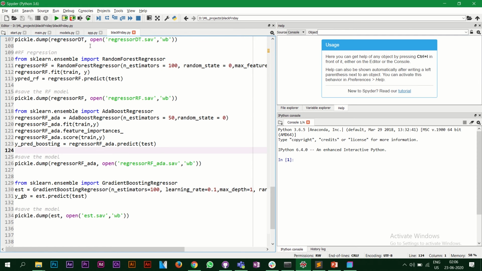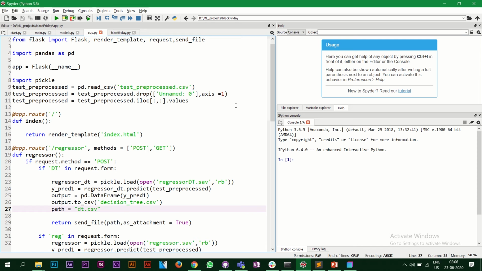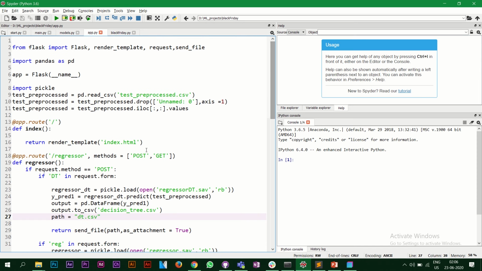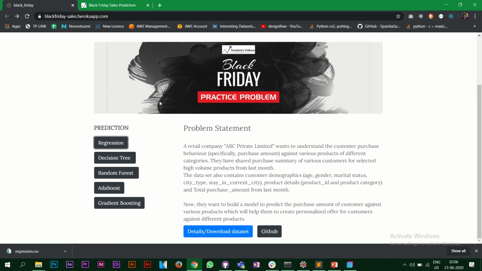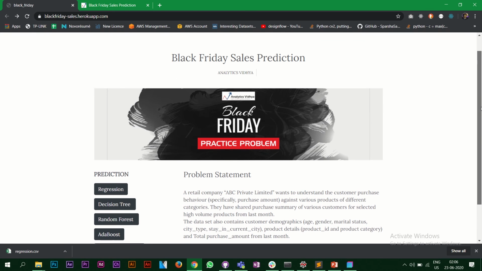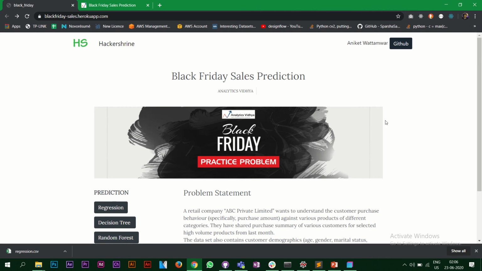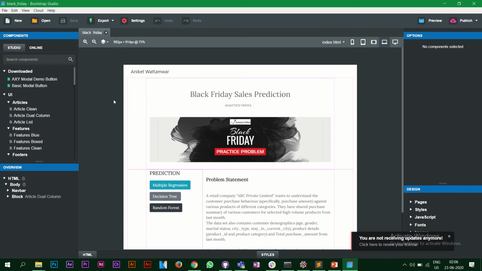Now let's look at the Flask part. So this is the Flask code. I have index.html. So this is the index.html file. The front end part I've made using Bootstrap Studio. Surprisingly, I haven't seen many people use this.